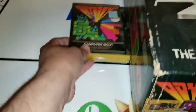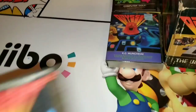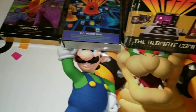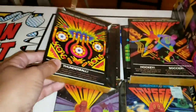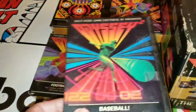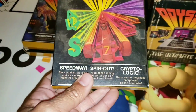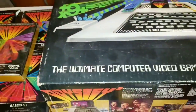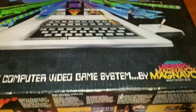So, computer golf, KC Munchkin, casino slot machine, football, hockey and soccer, thunderball, baseball, Showdown in 2100 AD. And Speedway, Spin Out, and Cryptologic. Altogether, like I said, $30. And according to PriceCharting, it's maybe about $150 worth of things. Again, I seem to be collecting all systems, and since this system box is a pretty good thing to get,